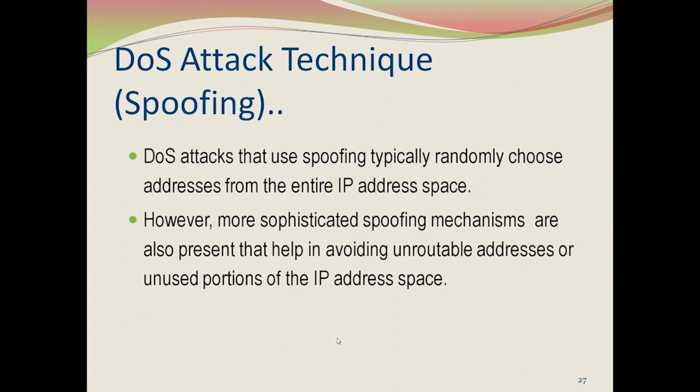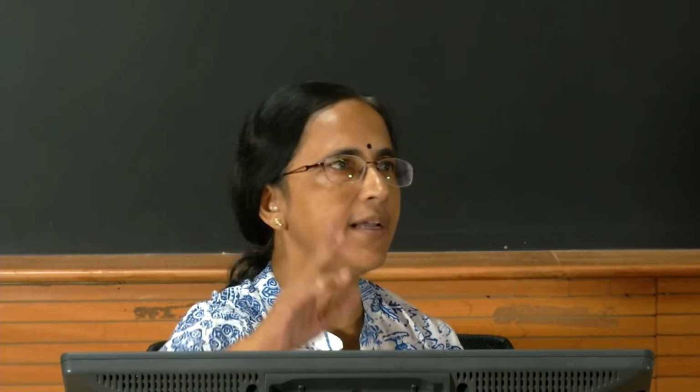So, that means though it is called random pickup, actually it may not be that random, because there are mechanisms which will tell you the differences between the addresses. Okay. So, intelligently pick up the addresses and hence the victims cannot distinguish, because so many different IP addresses are there,